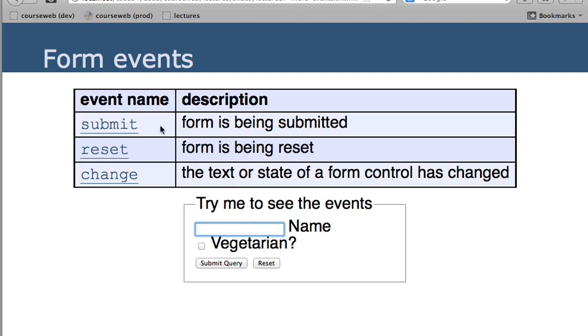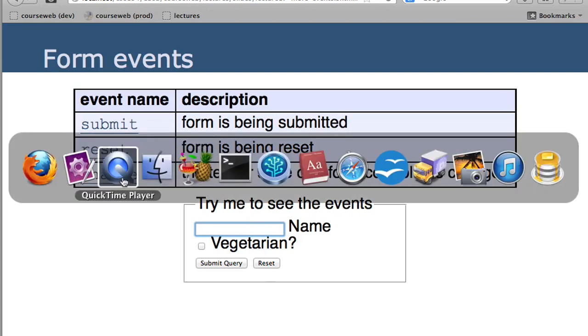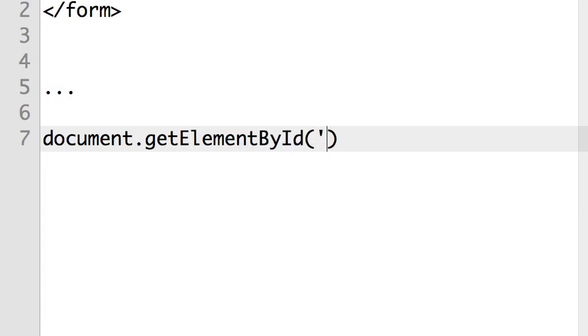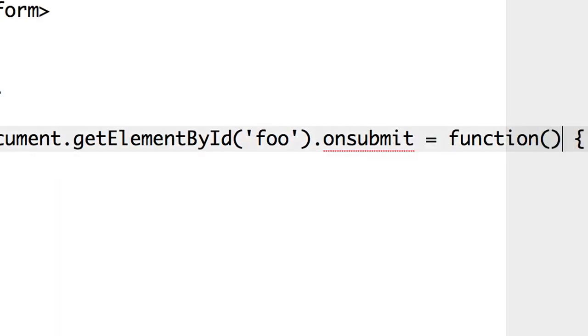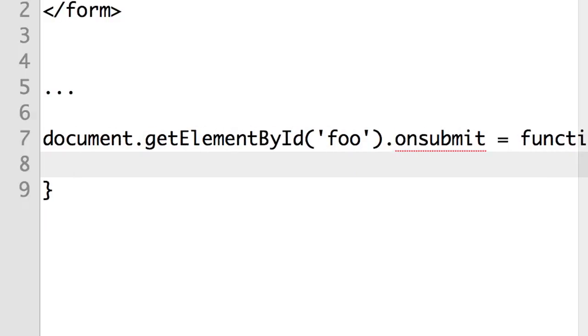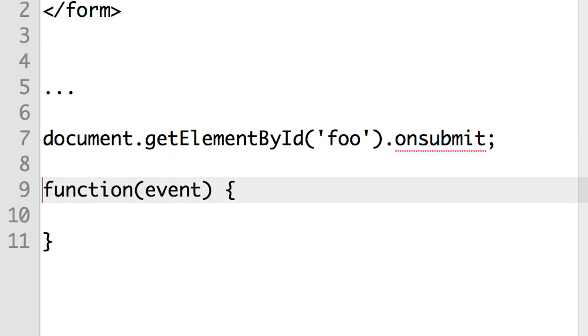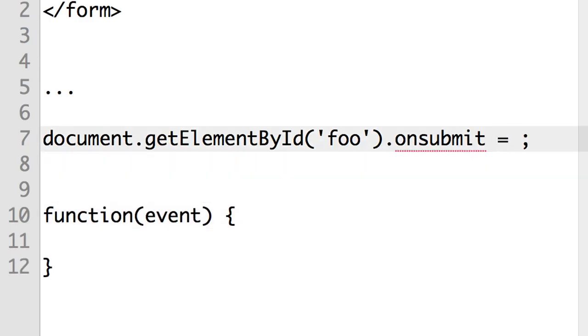So the form submit event: if we have a form on screen with ID equals foo, then in our JavaScript we can say document.getElementById foo dot onsubmit equals function. And if we accept this event, we'll call this something else. We'll say onsubmit equals